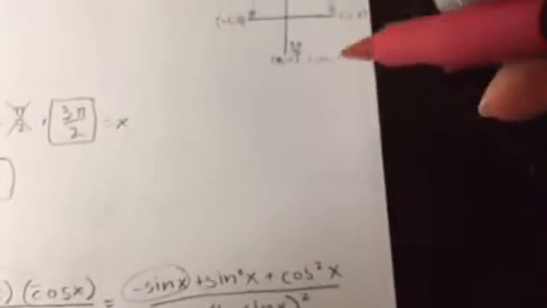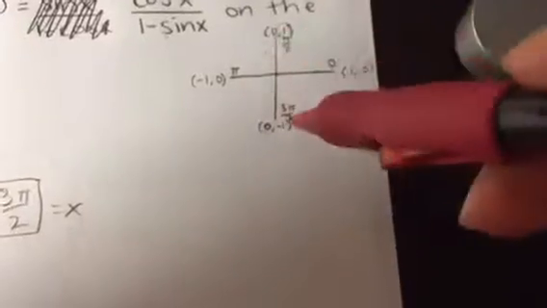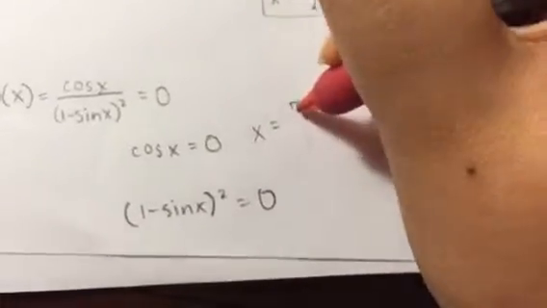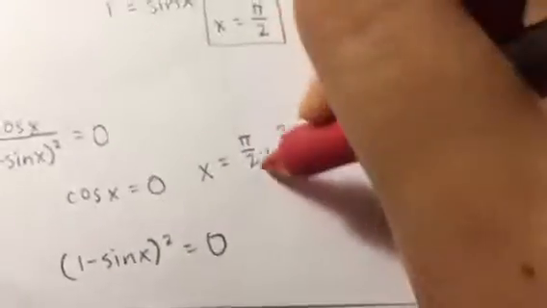So then from here, we know that cos only equals 0 at pi over 2 and 3 pi over 2. So x here is pi over 2 and 3 pi over 2. We know that pi over 2 is our vertical asymptote, so we